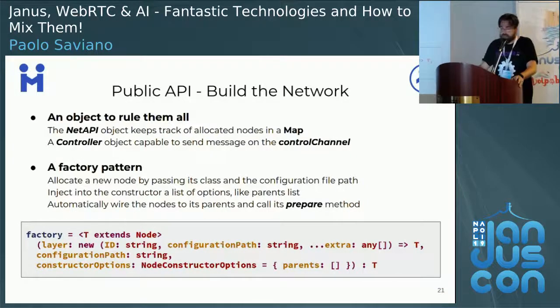To create a new instance of a node, a factory method is available. Simply by passing to this function the node type, the path to its configuration, and some extra options like an ID and the list of its upstream nodes, this method will allocate a new node, wire it to the right parents and invoke its prepare method.